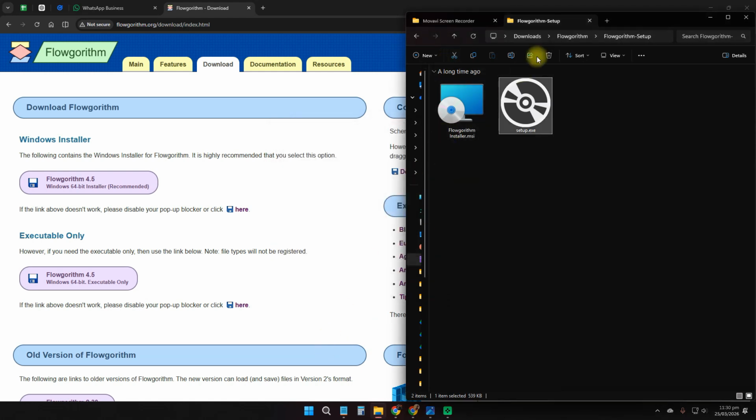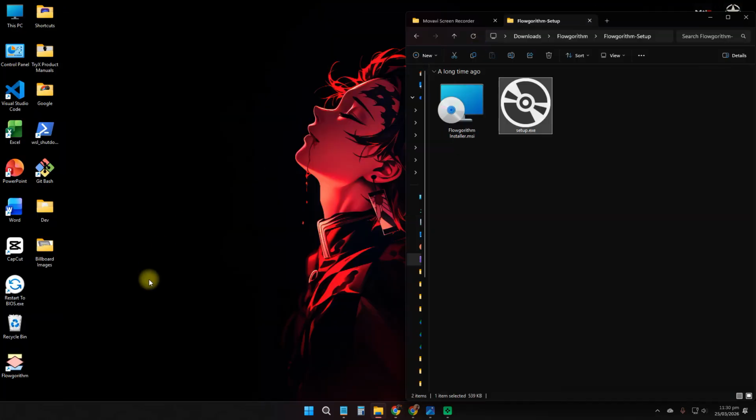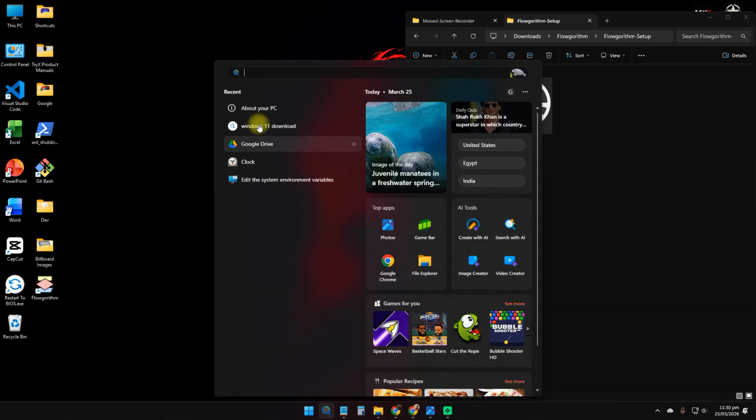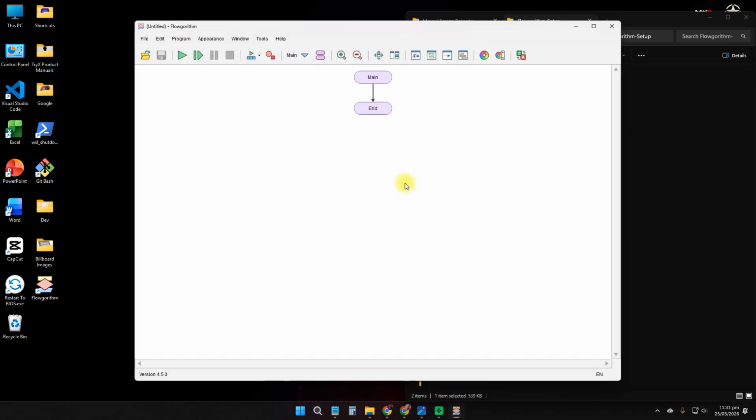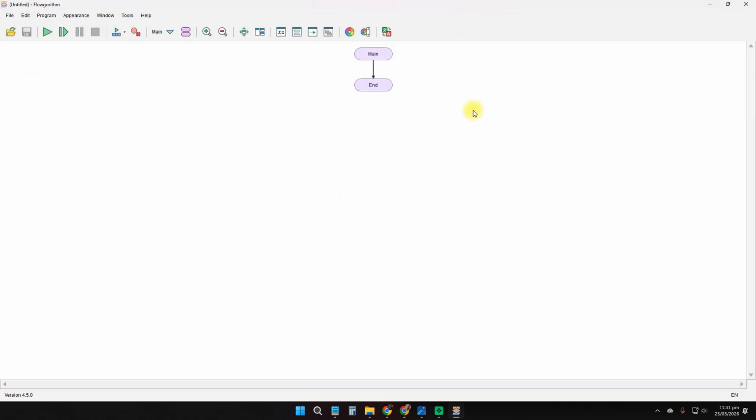So now let's launch the application. Let me minimize this so you can see the Flowgorithm application. This is how the icon looks. If for some reason you don't get it on your desktop, you can come here and type in Flowgorithm, and when the app shows up, you just open it. If you open it and you see main and end, it means you've installed it successfully and it's working fine. So at this point, you have done a successful